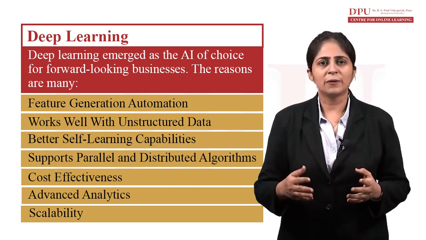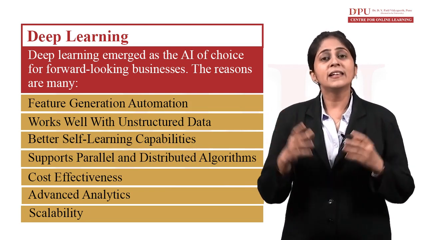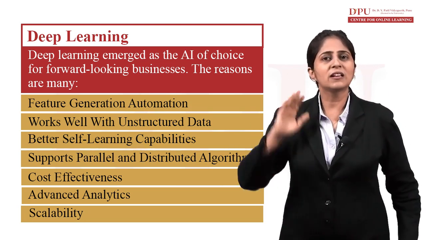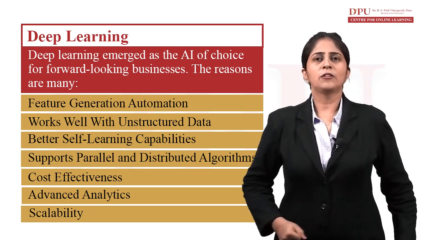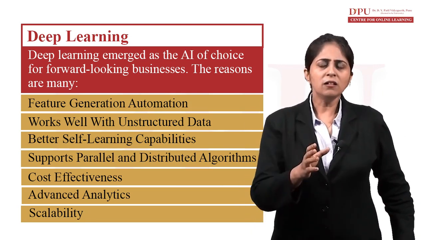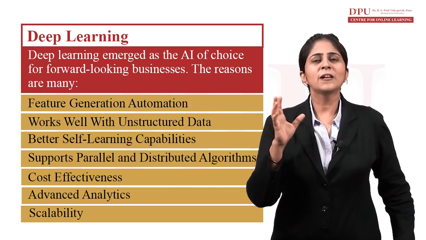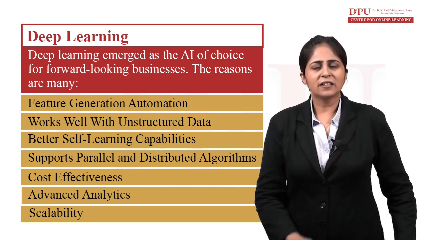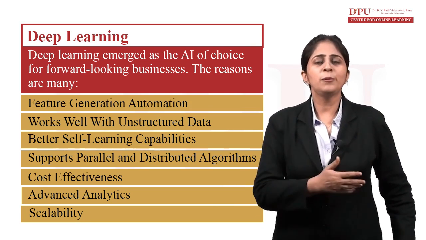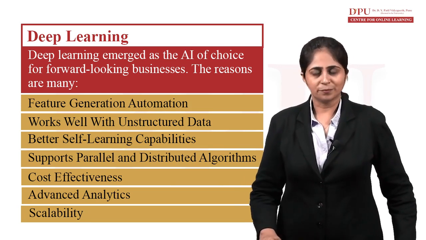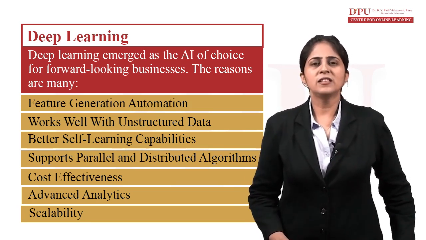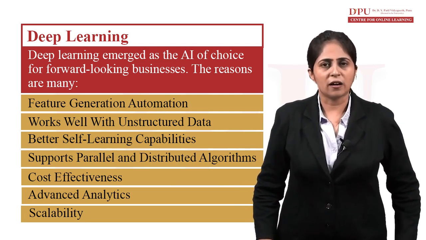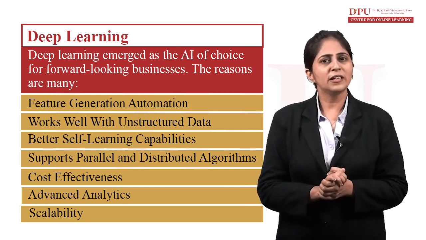The Google Cloud AI platform prediction allows you to run your deep learning neural network at scale on the cloud. If we talk about cloud, what is cloud? It is a particular server on which we can place our data. That is an example of the scalability of this deep learning model. So we have seen why deep learning is becoming the need of the hour. Why are we using deep learning so much nowadays?